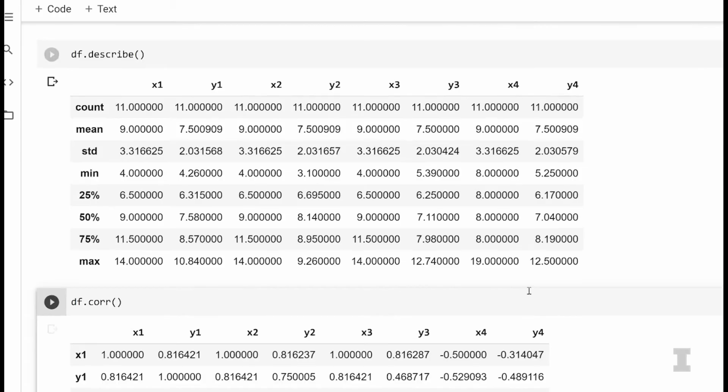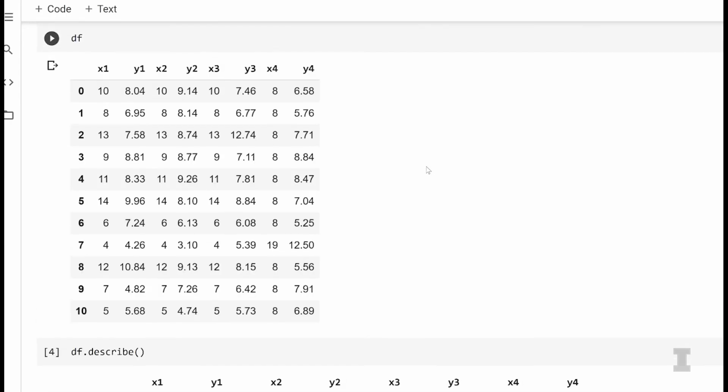And in fact, if I look at the data, all of the x's are the same for x1, x2, and x3. So there is a lot of similarity in this data. But the y's are very different, it looks like, for all of them. But they look roughly random. And so if I was looking at this data set and I did see that all the x's and y's were the same, then okay, you visualize one, you visualize all of them. But these are different. So let's go ahead and plot these sets of points.